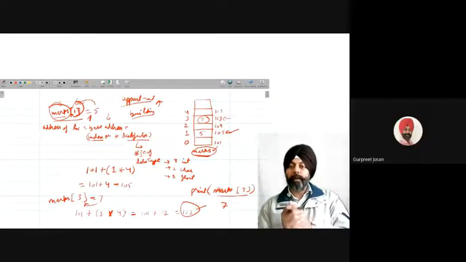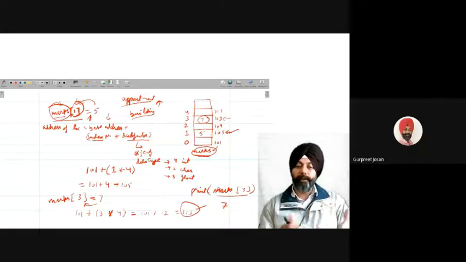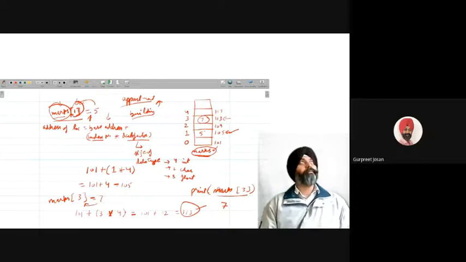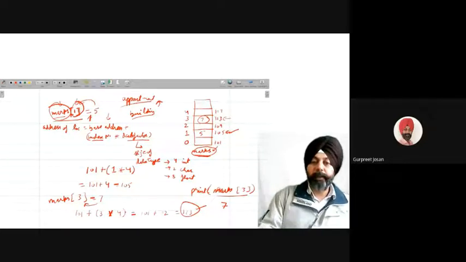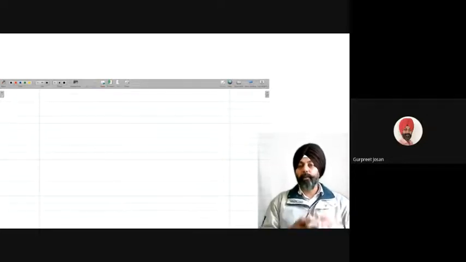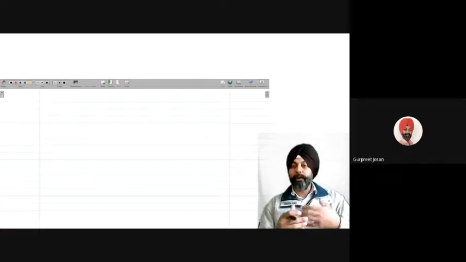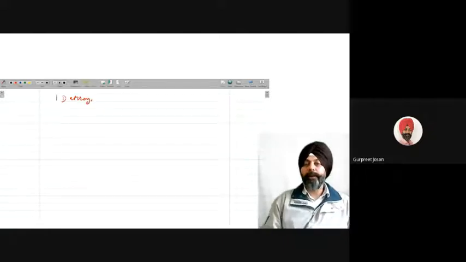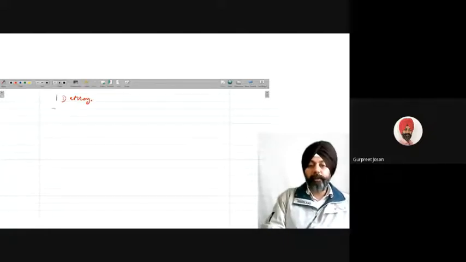All the memory locations are contiguous. Contiguous means they are side by side, not apart. There is no gap between the locations. All the locations are connected with each other. What we have already covered is called a one-dimensional array. In a similar way, we have two-dimensional, three-dimensional, and n-dimensional arrays.